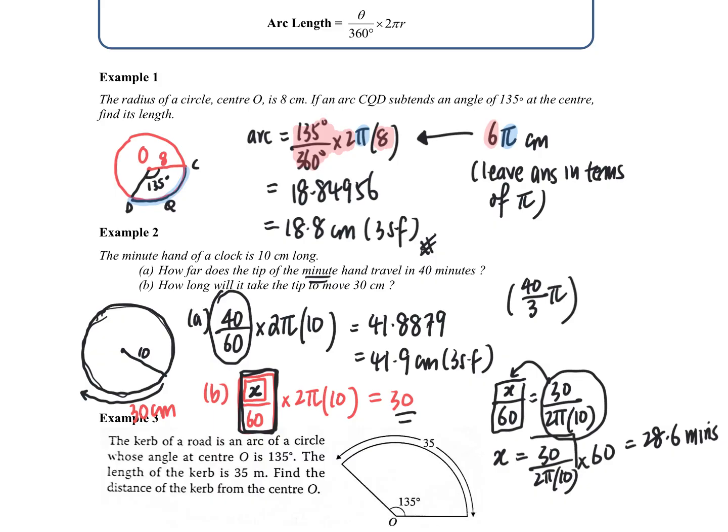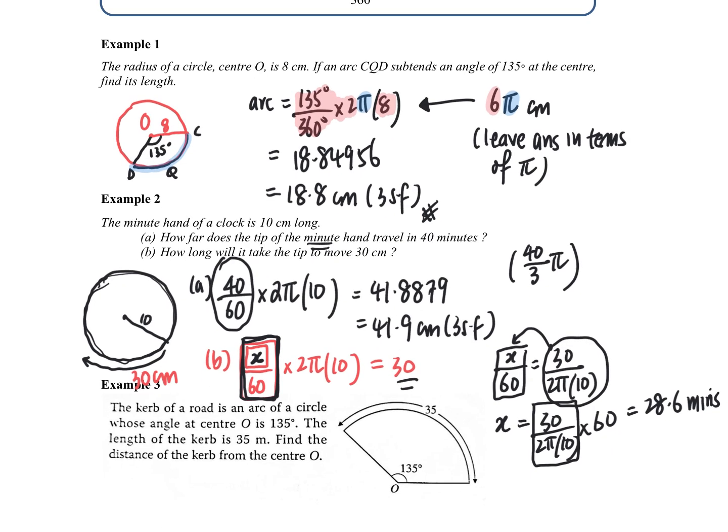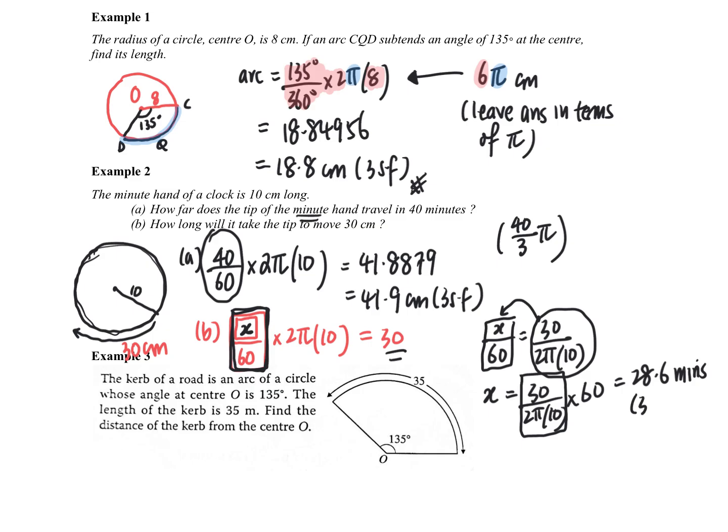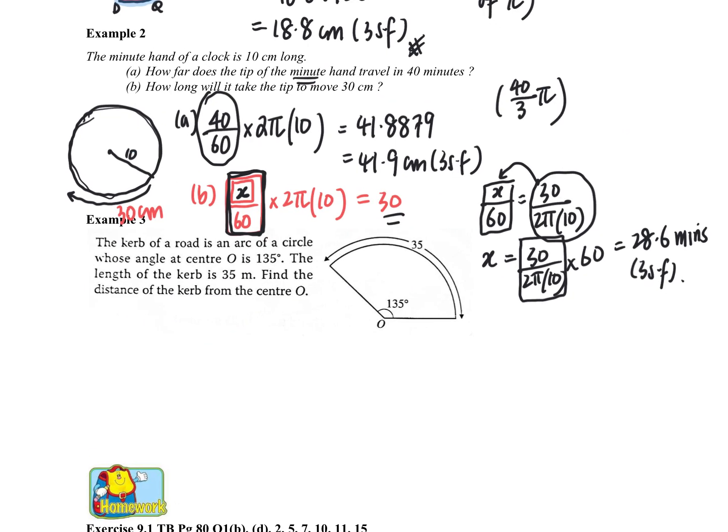So if I just stop here, I know what my fraction is, but I want to know the actual time. So I times the 60 over. Okay, yes, I can. Okay, then next one, they say the curve of a road is an arc of a